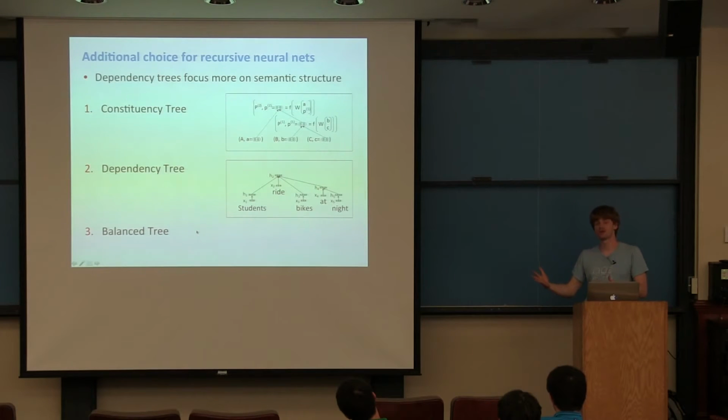Instead of having to use a parser, you don't necessarily have to do that. In some ways people say, oh, recursive neural networks aren't great because now I need to run this external parser. Well, you can separate a lot of these design decisions, right? You can still use recursive neural networks and not require a parser by just using a balanced tree. And then it becomes more similar again to a convolutional neural network, just without pooling. But pooling can also be an operator that you use inside a tree structure, right? The main goal here is to try to not have you become very religious about, oh, it has to be this model and so on, because there are very smooth interpolations between the various different model